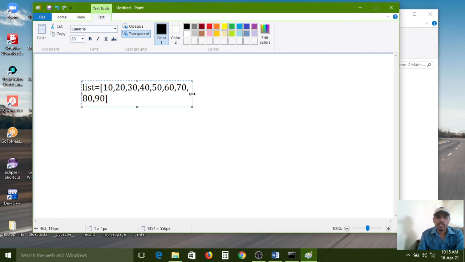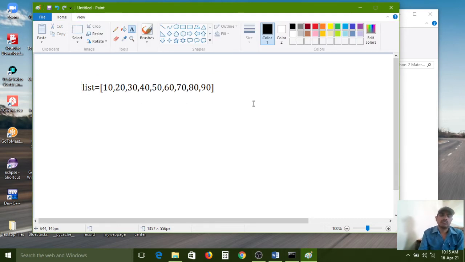So we have these many elements from 10 to 90, and I have created the list here. How can you find out whether it is a list or not? If you use square brackets, then it is called a list. Simply you can find out with the brackets only.